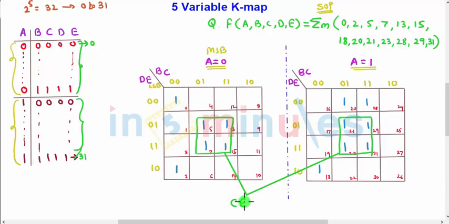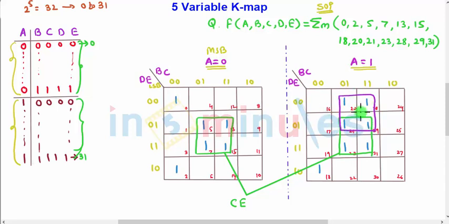Now group of 8, we have started from 32, 16 is not available, 32 is not available, 8 is available, so made a group of 8. Another group of 8 is not possible. Okay, so I'll move down to group of 4. So let us try to make a group of 4. So if I bunch together this group of 4, it will be easy for me.